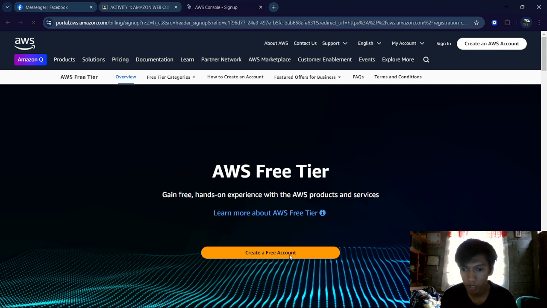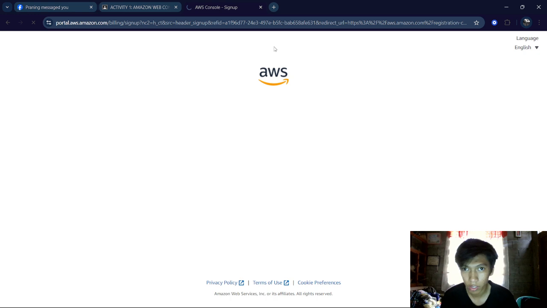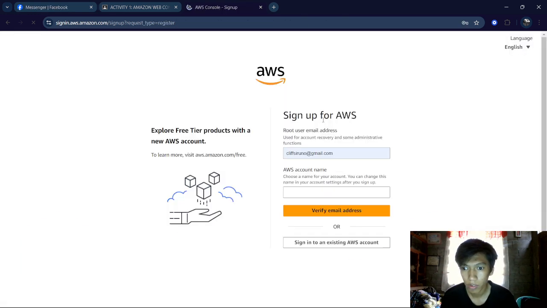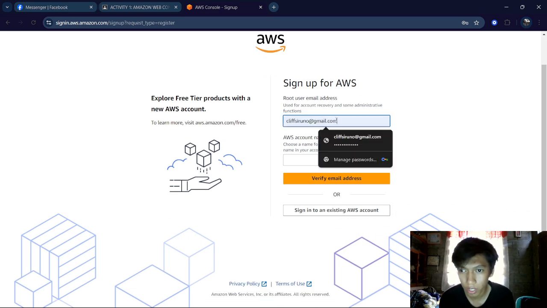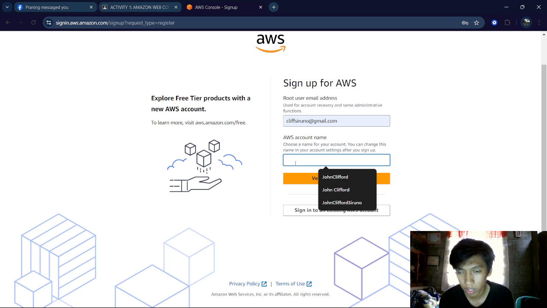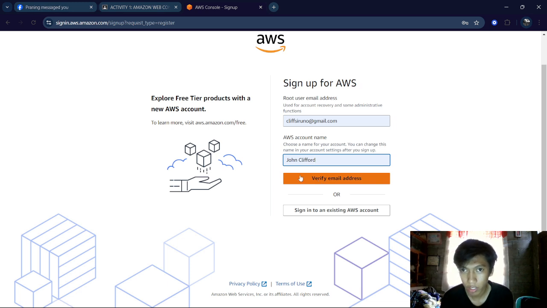So for me, let's create an account. The first thing you need to do is sign up. Use the email you want and your AWS account name. This account name may be used for signing in, and then let's go.